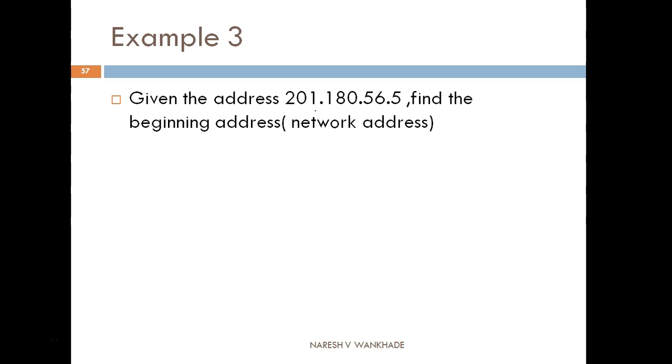Third case, given the address 201.180.56.5, class of this address is C and default mask is 255.255.255.0, means first 3 bytes which are of network ID will be preserved, 201, 180 and 56. These 3 bytes will be preserved and remaining byte, that is of host ID, set to 0. This is the